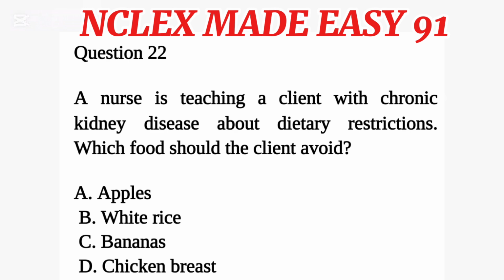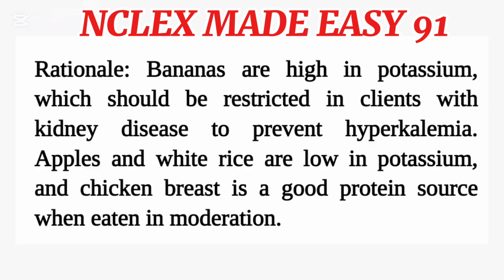Question 22. A nurse is teaching a client with chronic kidney disease about dietary restrictions. Which food should the client avoid? A. Apples. B. White rice. C. Bananas. D. Chicken breast. Answer C. Bananas. Rationale. Bananas are high in potassium, which should be restricted in clients with kidney disease to prevent hyperkalemia. Apples and white rice are low in potassium, and chicken breast is a good protein source when eaten in